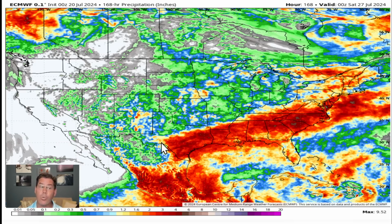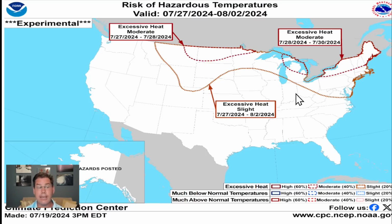And also where that cool front is going to stall out, that's where you're going to have the overrunning type setups for several days. So definitely some well above average rains are going to be impacting a good chunk of the deep south and much of the southeast, and you'll have some lighter amounts with that northwest flow coming in for those northern regions. But beyond that, I do feel the pattern beyond 7 days, once we head into next weekend, it's going to change a little bit,